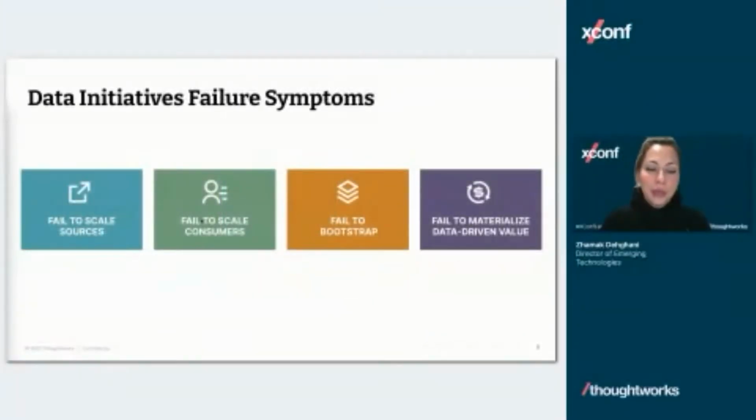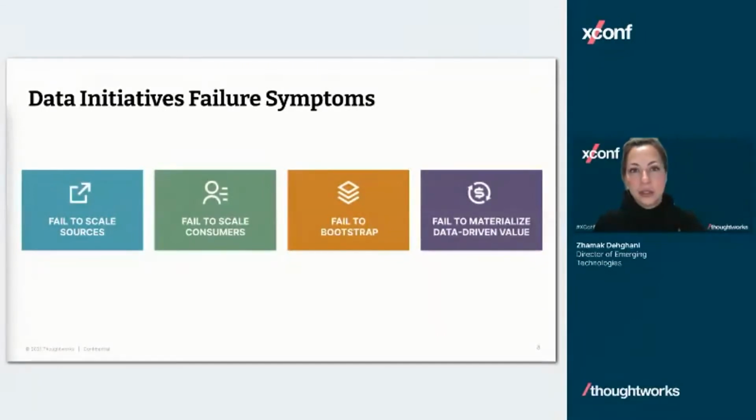We saw that a lot of our technologically advanced clients, particularly, I'm on the West Coast of the US in Silicon Valley, so you can imagine the kind of clients that we get here, had already invested a lot in their data platforms and migration to clouds. They had all of these aspirations around how this data would be used, yet they were coming to us looking for another solution. They had these symptoms, these failure modes.